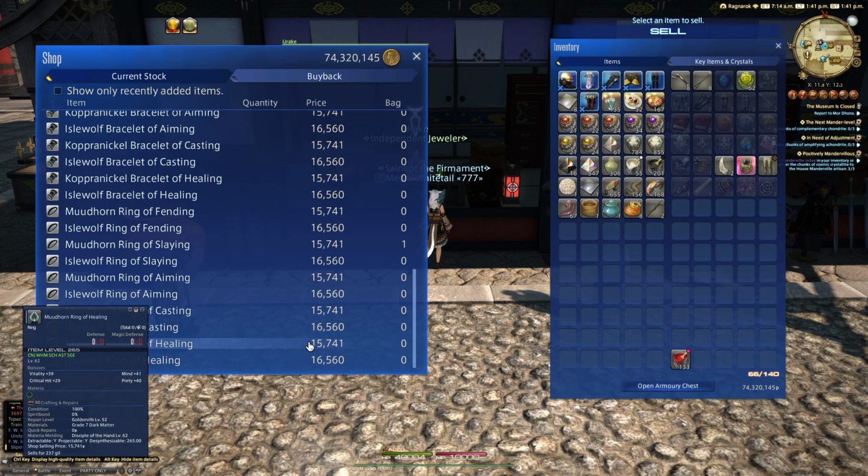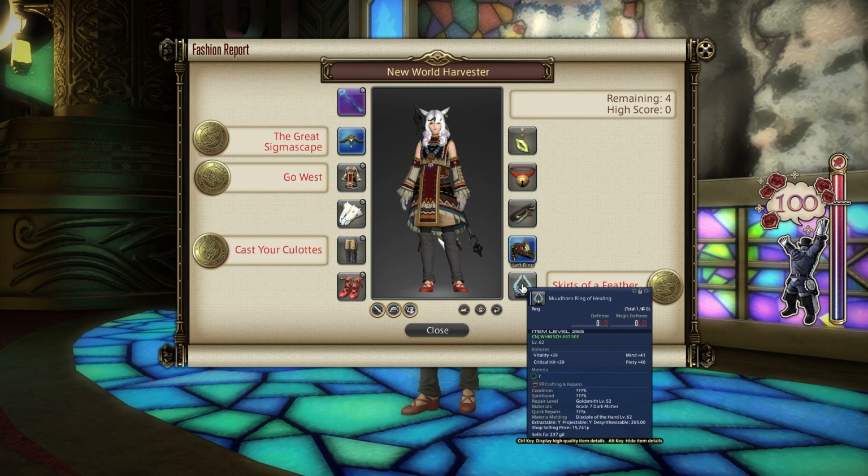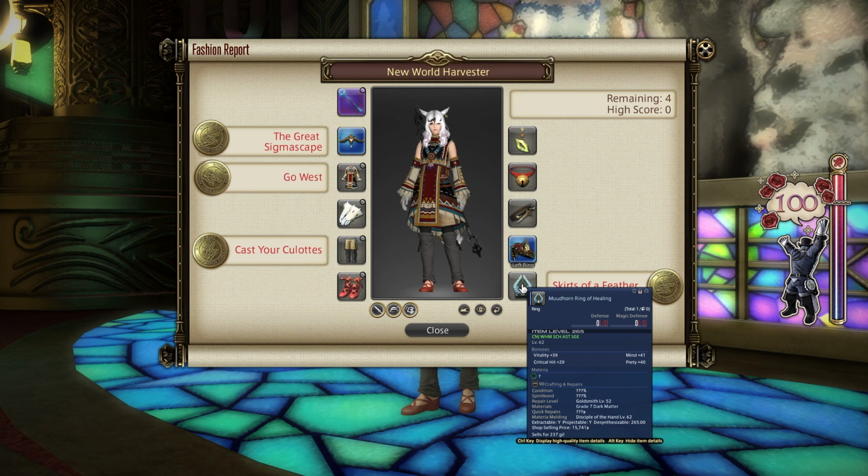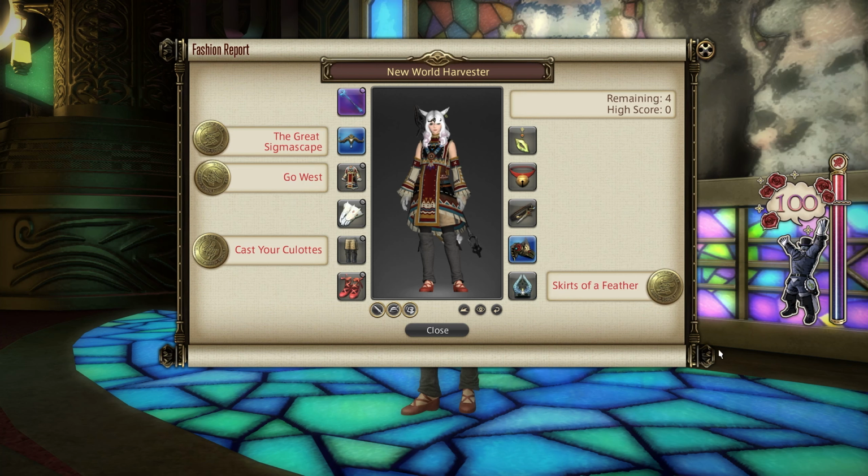15,741 gil, which isn't too difficult to come up with, or you can craft this with Goldsmith alternatively. Other item alternatives include the Yeti Fang rings of any class, and I believe the Griffin Talon rings of any class will also work, as they share the same model, and there's probably lots of others, but this is the most accessible, as you can pick and choose what job you want to represent, and also level 62 and a gil price. Anyway, all in all, the 100 score isn't too bad, but let's move on to the